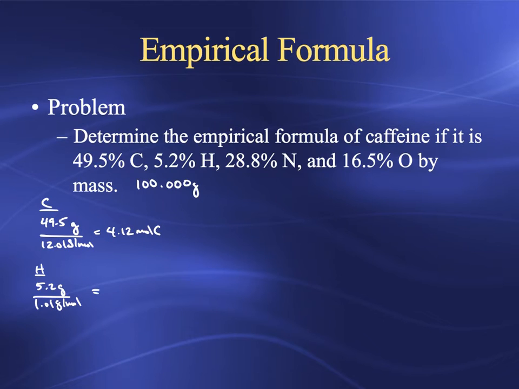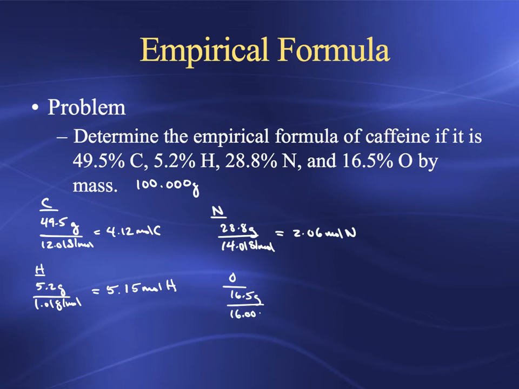It's going to be very close to 5.2, a little bit less. I'm going to use 3 significant figures here just to give us a better number to work with. 5.15 moles of hydrogen. All right, and we'll go over to nitrogen. We've got 28.8 grams of it, divided by its molar mass, 14.01. That's from your periodic table. That's where I'm pulling that number from. 28.8 divided by 14.01. It's going to be close to 2. And we've got 2.06 moles of nitrogen. And lastly here with oxygen, we've got 16.5 grams of it, divided by 16.00 grams per